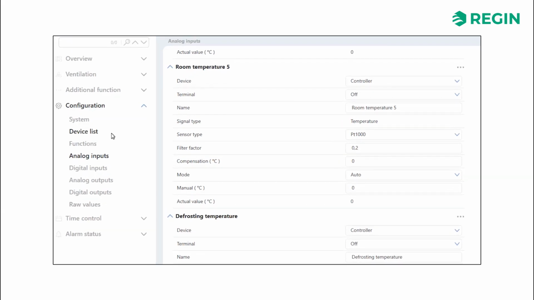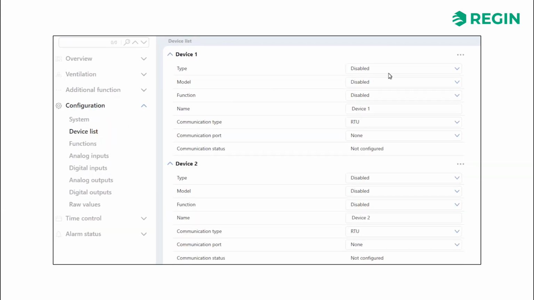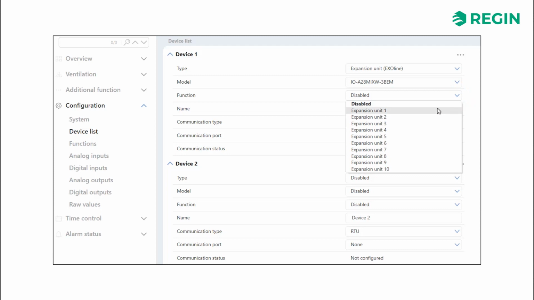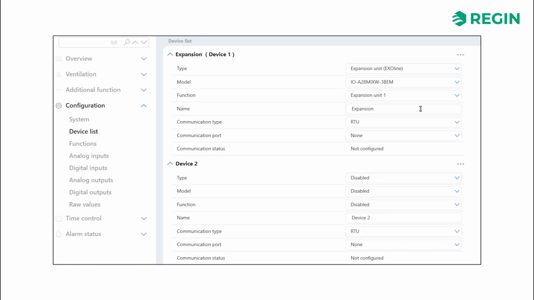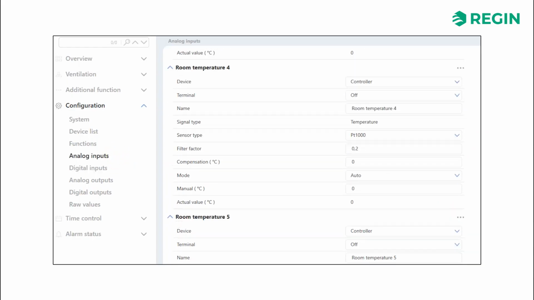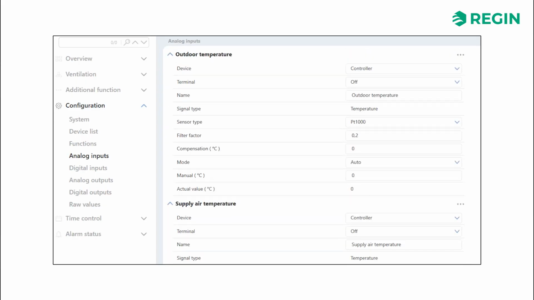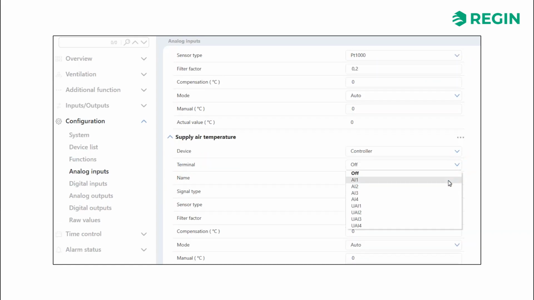So, if we go to the device list and add an expansion unit as device 1, we can then go back to the analog inputs and assign a sensor to the expansion unit instead. Of course, this only becomes relevant when setting up larger systems with a large number of inputs and outputs.